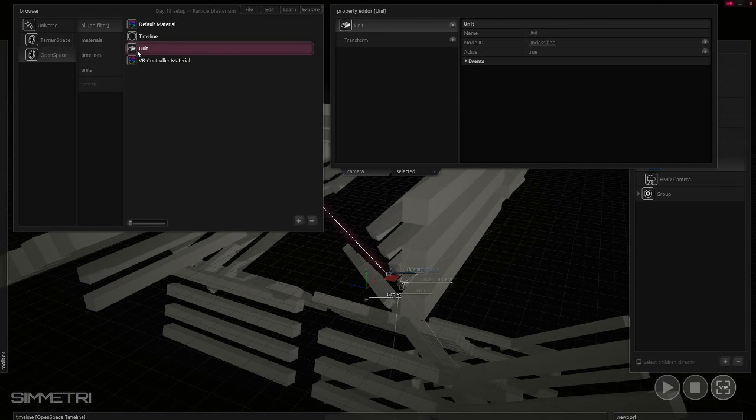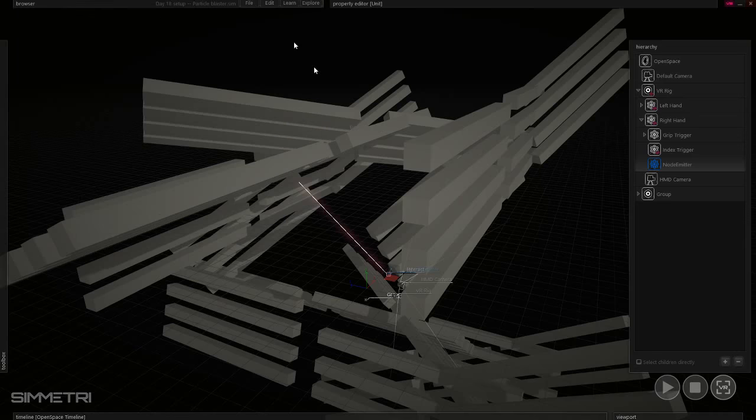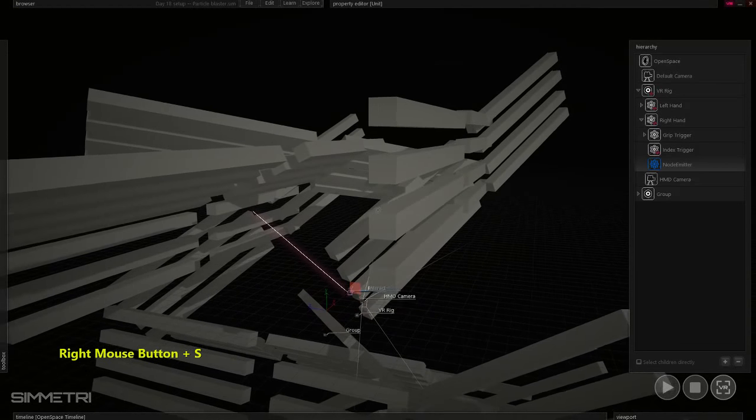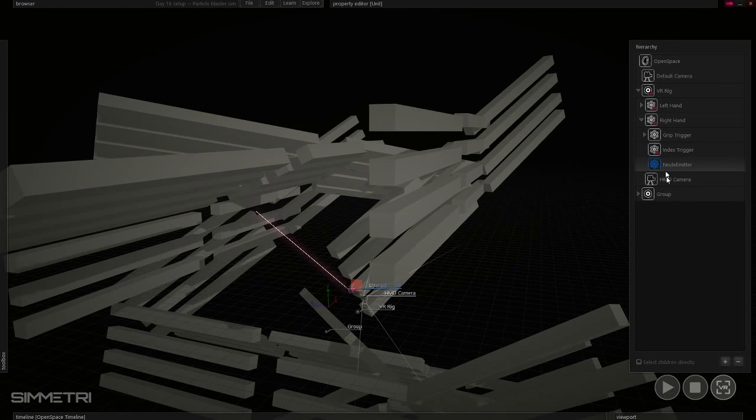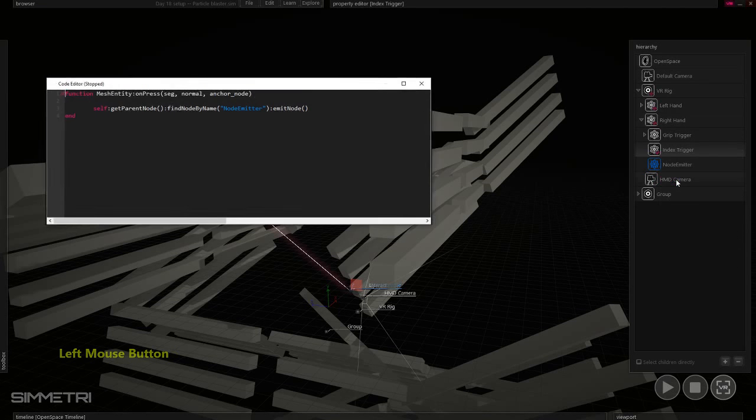We're actually just going to leave our unit in the space, and we'll make that our sample. That unit is a unit plus timeline. And when I press the index trigger of the right hand, on press, I literally do one line of code,